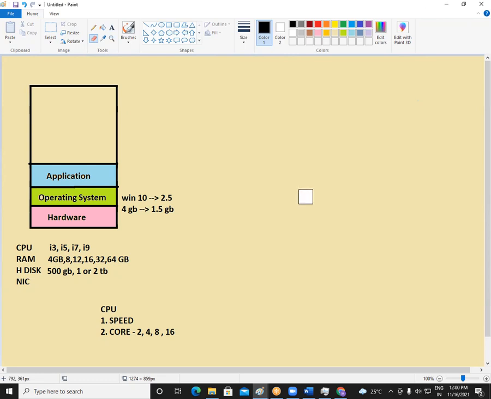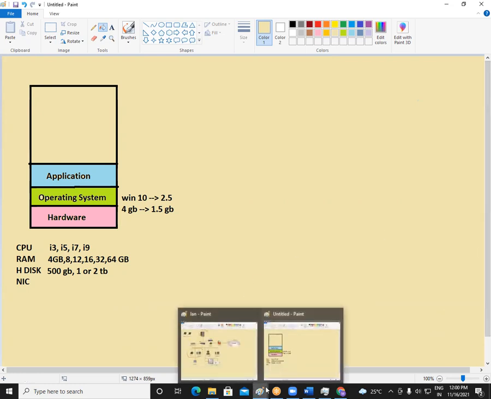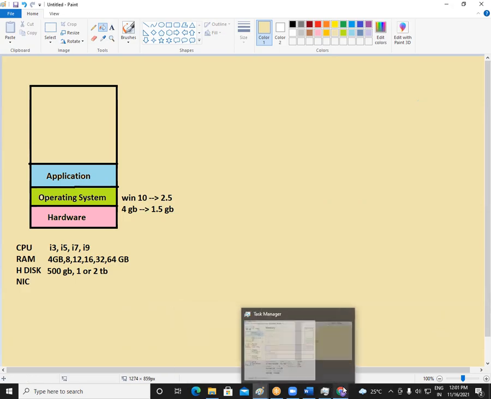Again, we have to see the same two features. Hard disk, we need to see the capacity, how much GB it has, 500 GB, 1000 GB, 2000 GB, whatever. Then see the speed of your hard disk. The speed of your hard disk is measured in RPM actually, rotations per minute.